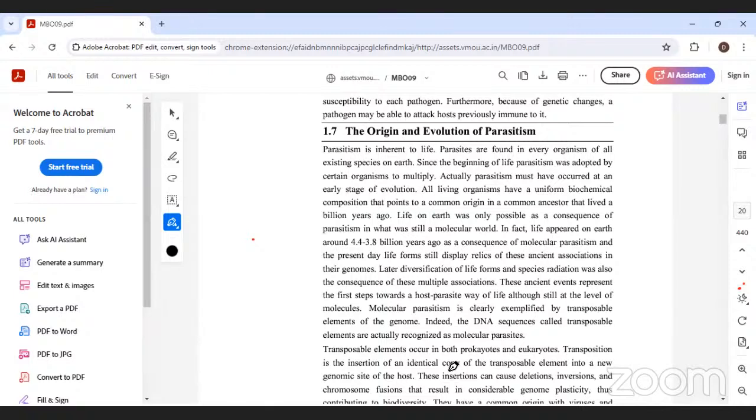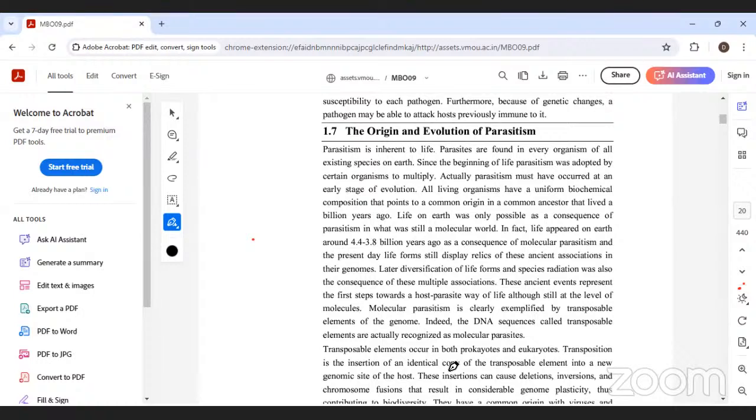Actually, parasitism must have occurred at an early stage of evolution. All living organisms have a uniform biochemical composition, which points to a common origin, a common ancestor that lived billions of years ago. Billions of years ago, life on earth was only possible